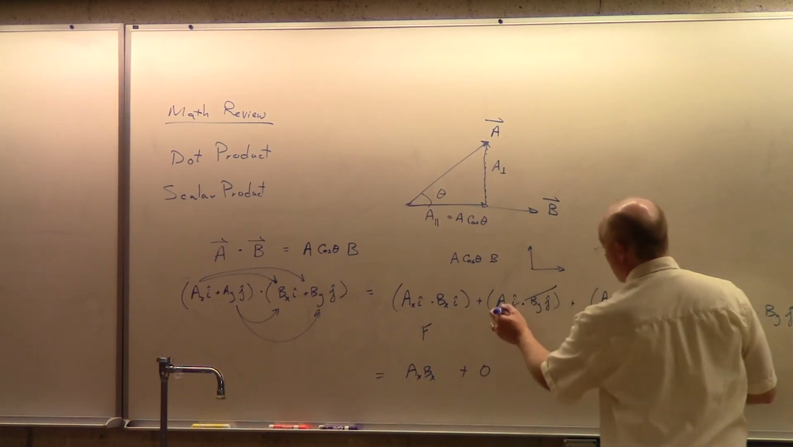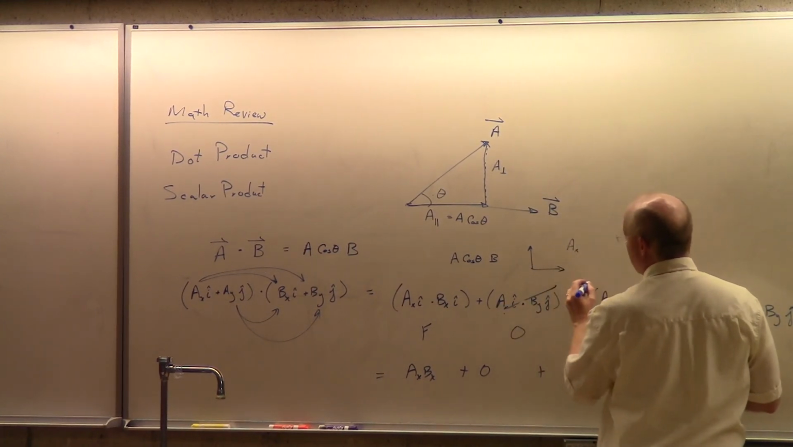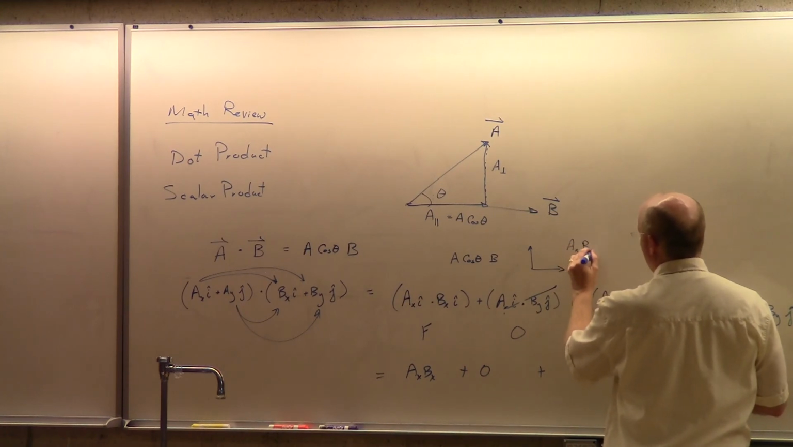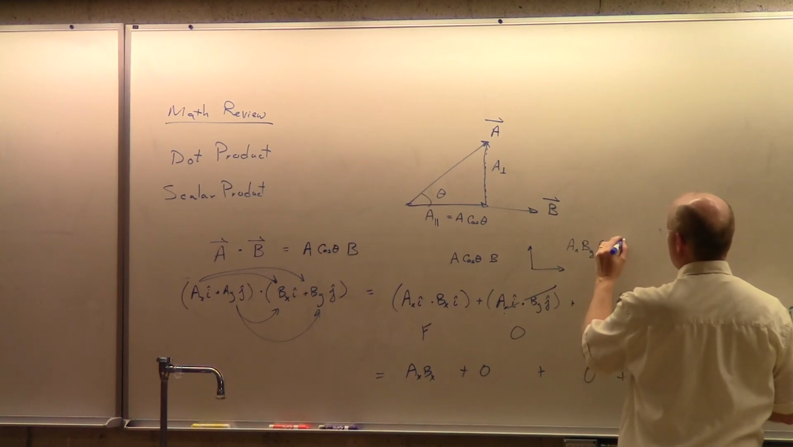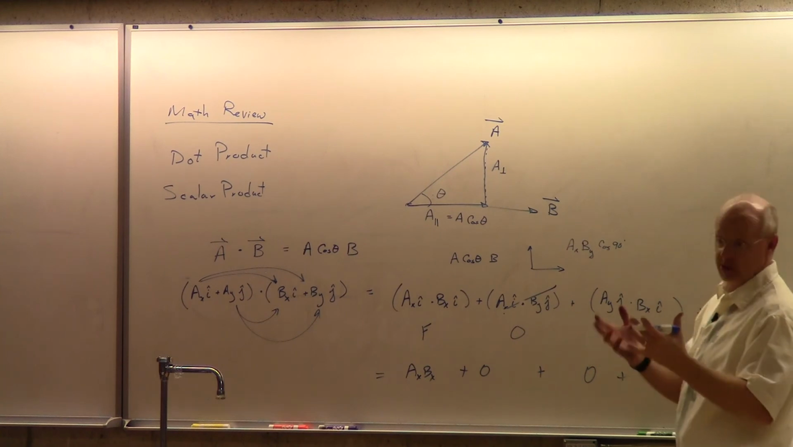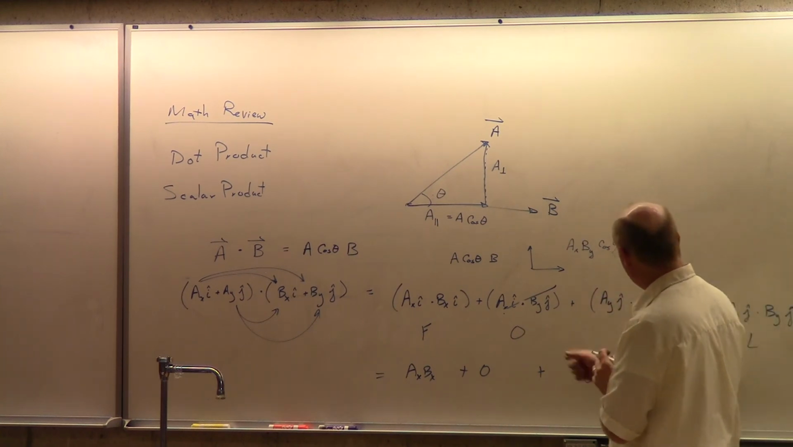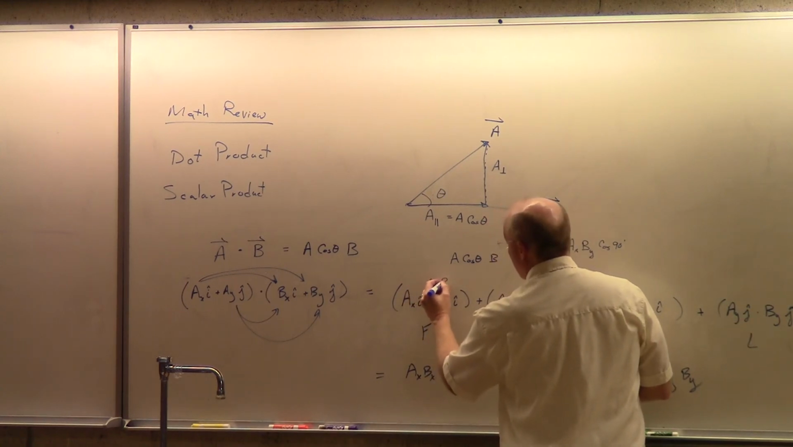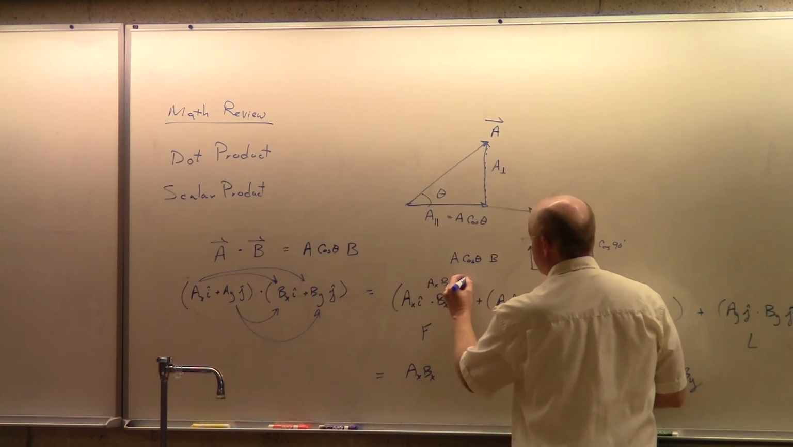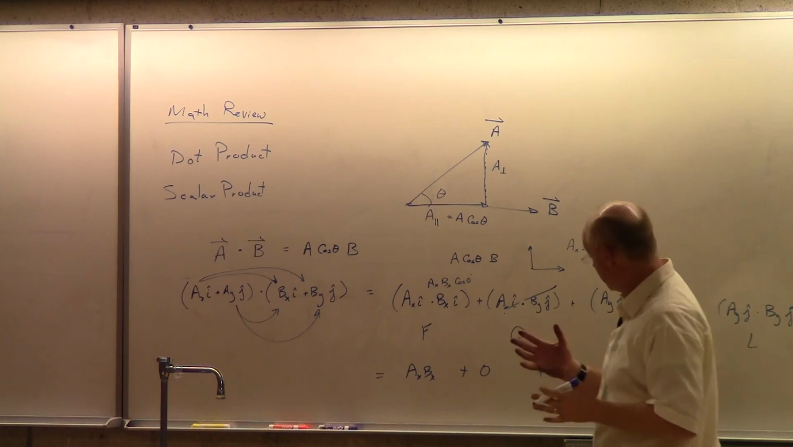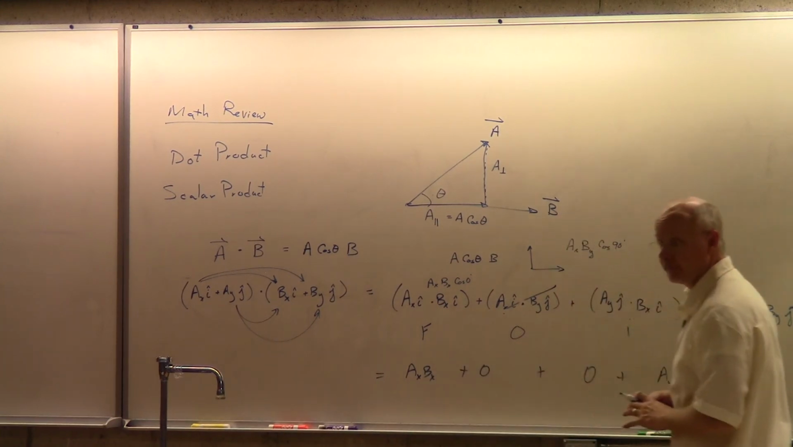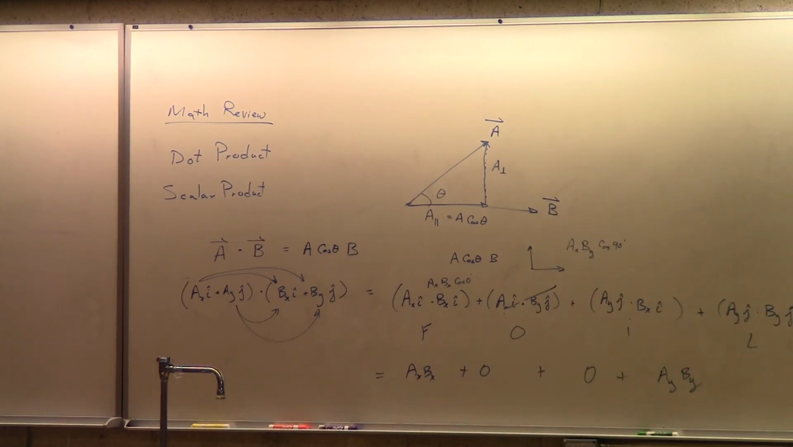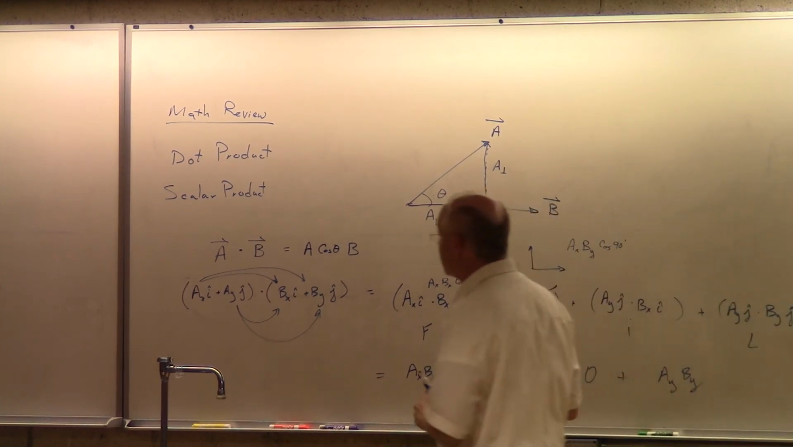If you prefer, you could write this as AX times BY times cosine of 90 degrees. Cosine of 90 degrees is 0. Okay, so that's a 0 and that's a 0. Whereas this would be AX BX cosine of 0 degrees. Cosine of 0 degrees is 1, so you just get AX. Okay? And so my point is this, in this little math review, if you haven't seen this math before or if it's been a while,